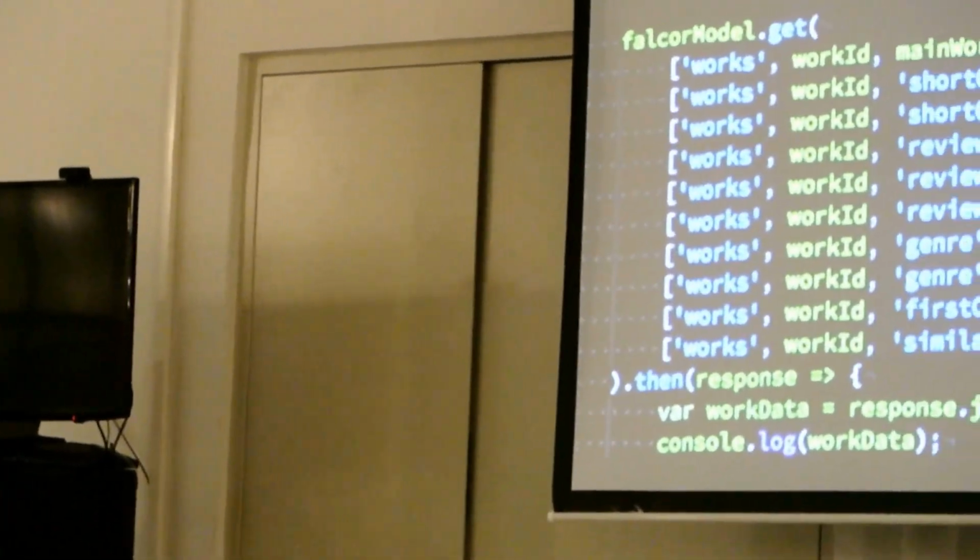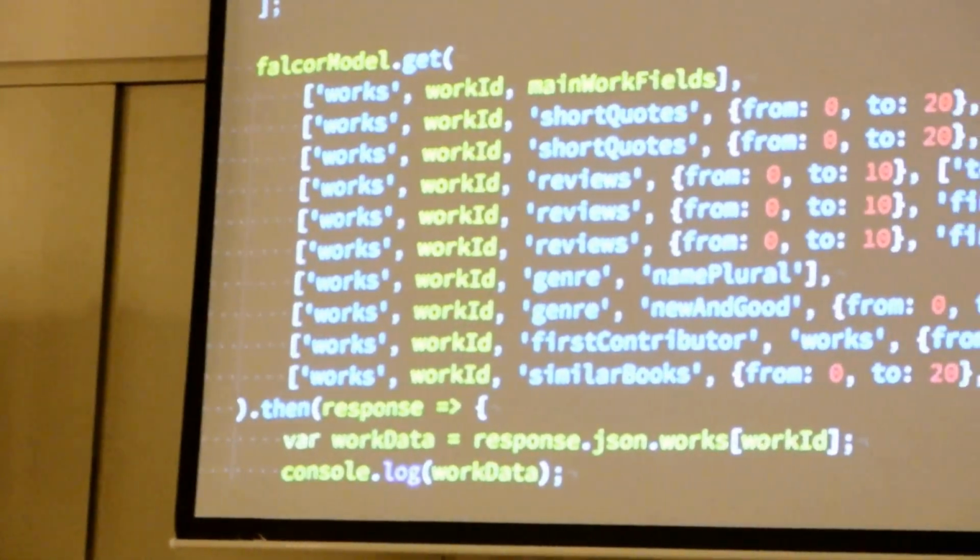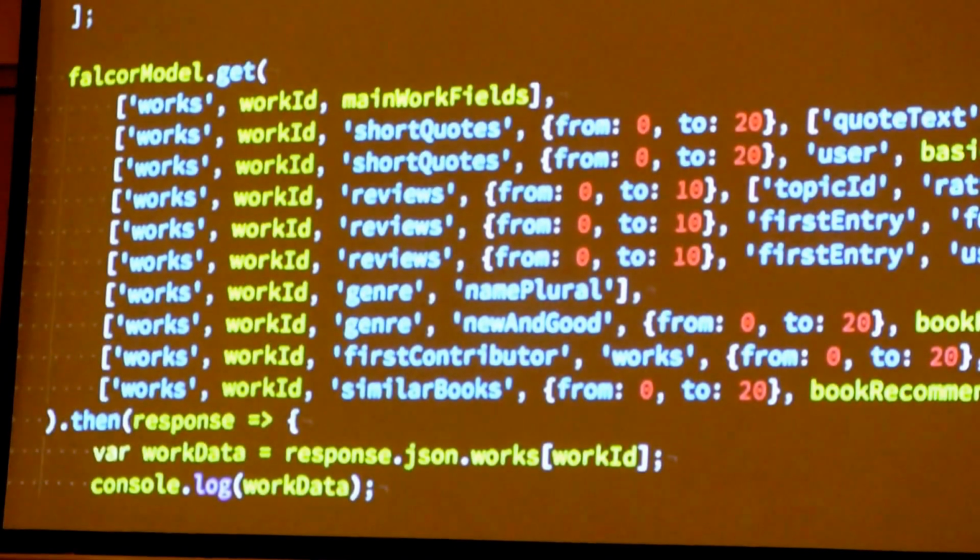So I'm going to show some piece of code. The thing at the top is just a list of fields, so it's not interesting. The interesting thing is Falcor model.get. Of course, we need to initialize the Falcor model and tell it to use some HTTP data source, but then the usage of Falcor looks pretty much like this. So to display a book page for our new mobile frontend, I asked for all the